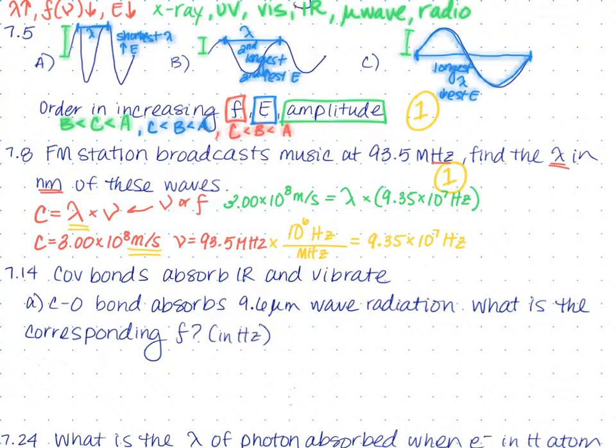Awesome. So if I divide by 9.35 times 10 to the 7 hertz on each side, I will get lambda by itself. You should get a value for lambda of